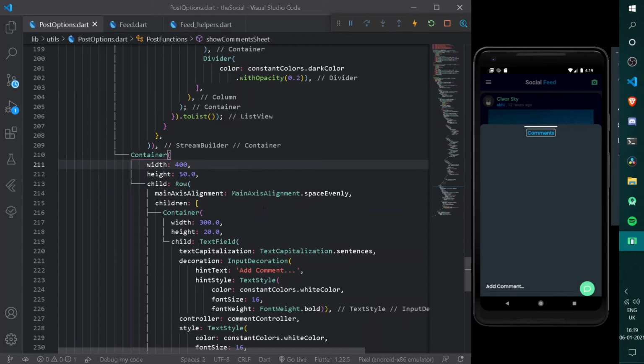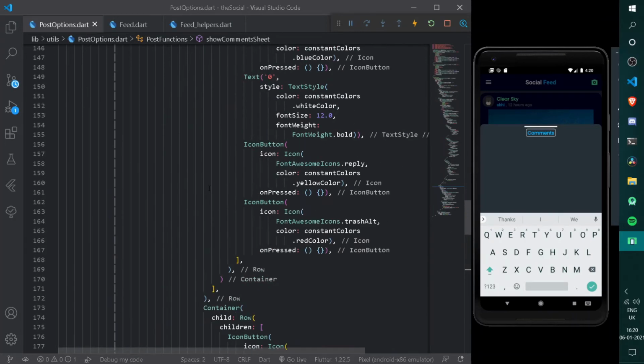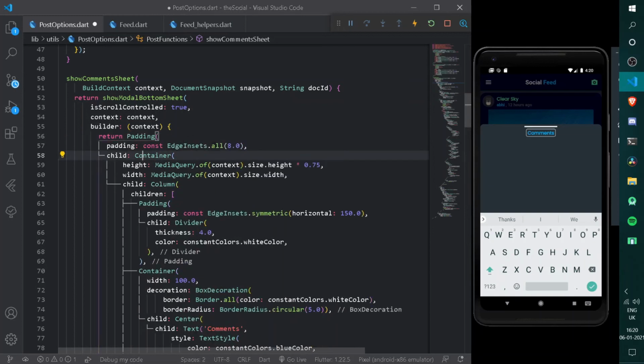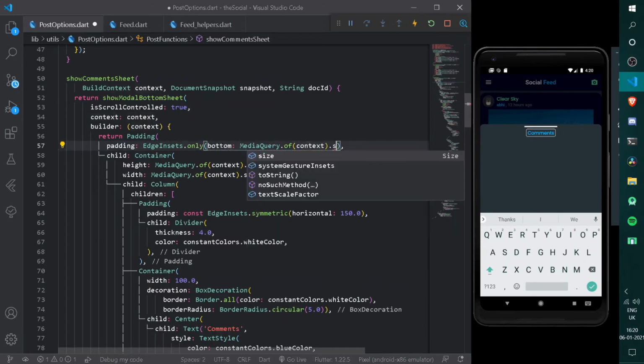So now we can simply do one thing, that is add the following padding to our entire bottom sheet from the bottom. So for that we can go up under our main container, refactor it under a padding from only. But before adding a media query padding, we can remove the following const, and here let's have media query padding from bottom. For media query dot of, for view insets, not size, for bottom.